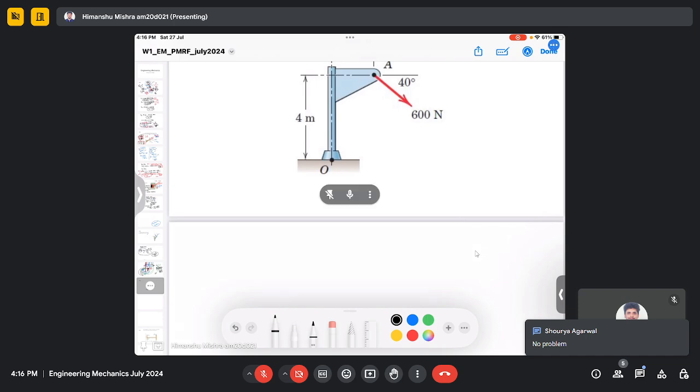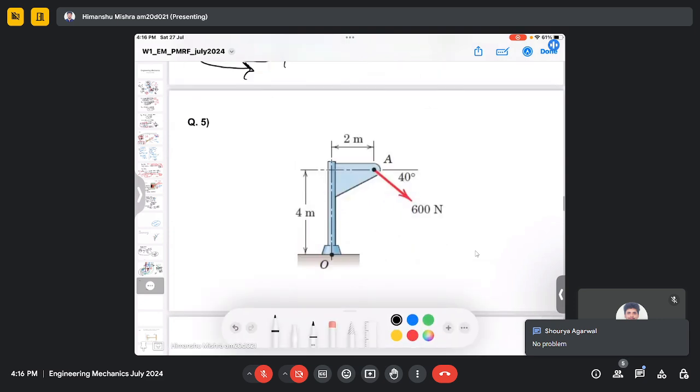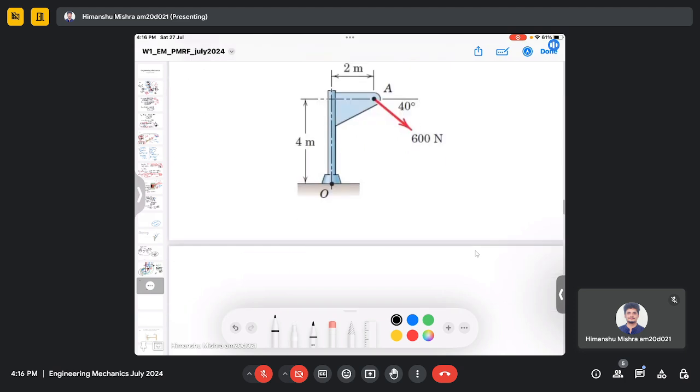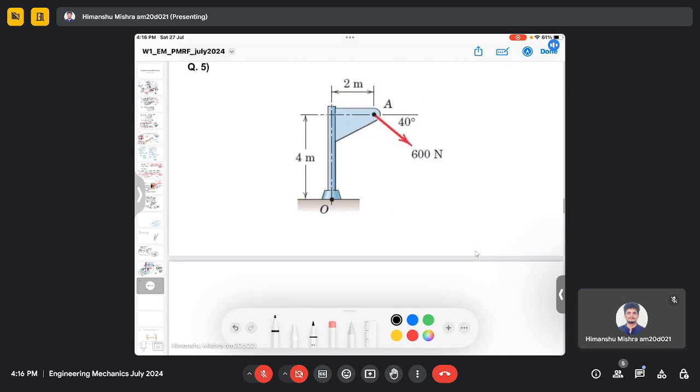Okay, then let's solve one example problem. This is an easy problem, and we will try to solve it again by multiple methods. So the concept will be the same. We need a perpendicular distance and the force to find the moment. So we will be using this single concept and try to solve by multiple ways. So here we have defined the force, which is 600 Newton. We have given the direction, and we need to find the moment about point O, and the distance OA is 2 meter,